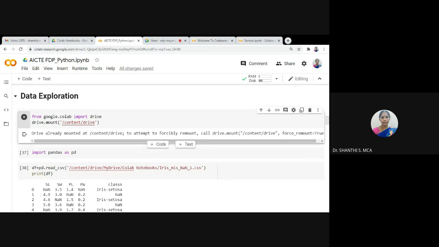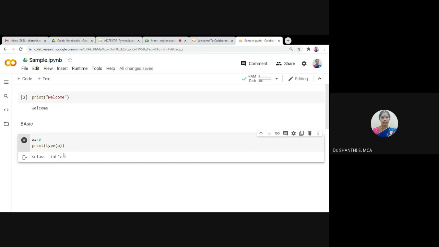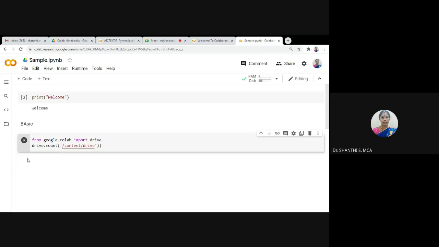Once you give that, I will execute this in some other slide. Already my drive is mounted with this notebook. I am executing this line in some other slide. So here I am going to use data from my drive. If I need to take the data from my drive, I have to execute this one. So I want to import drive.